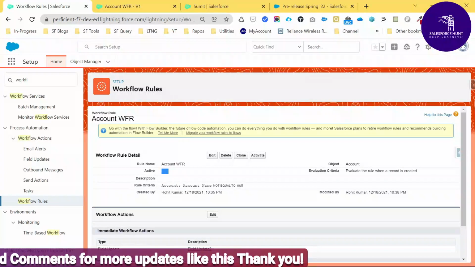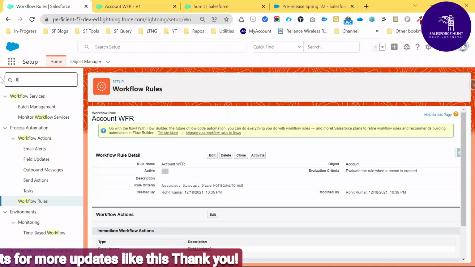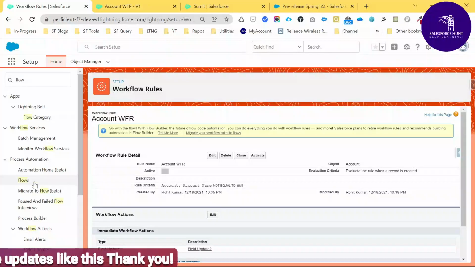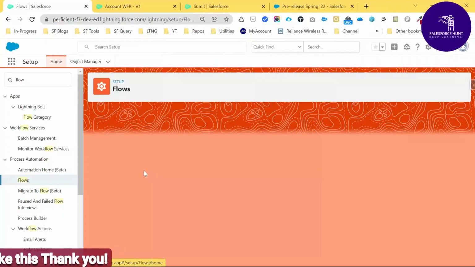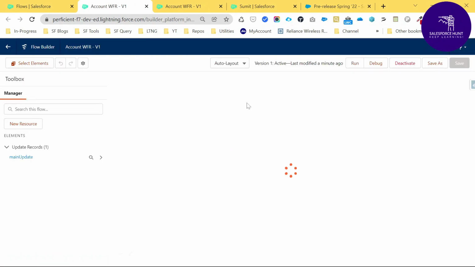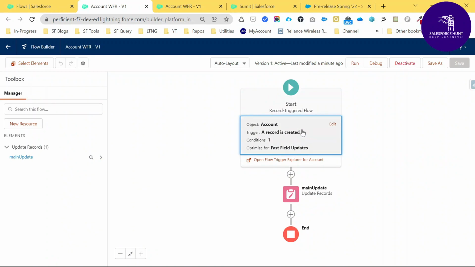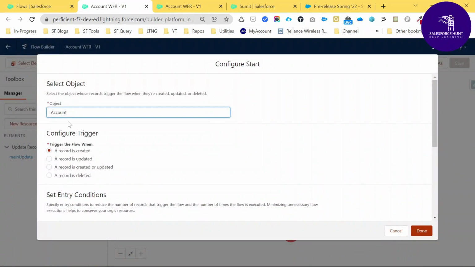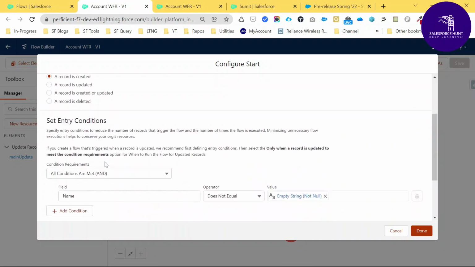So how to check the flow builder? Just search here for Flows and click Flows, and after that you can see my flow called Account WFR. So just click this one and you can see my flow as we expect with the help of the workflow rule, right? So you can see here you can edit this: Account, a record is created.